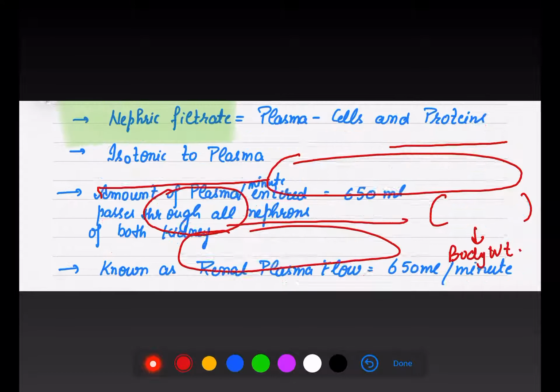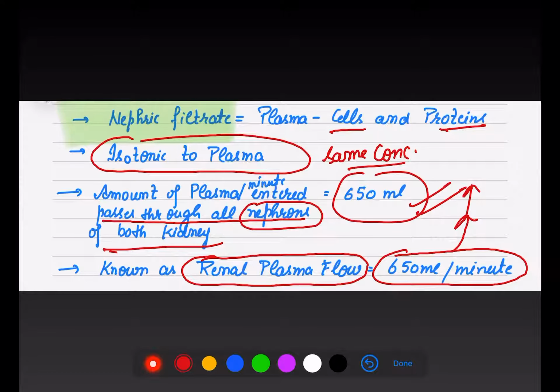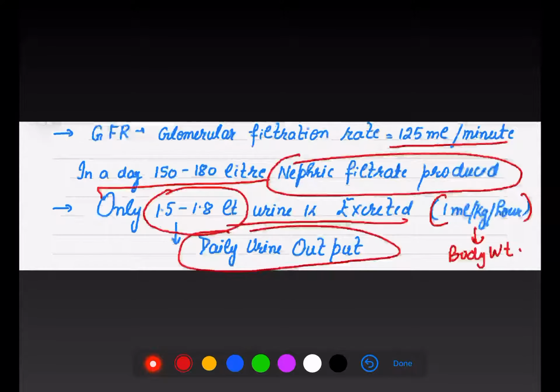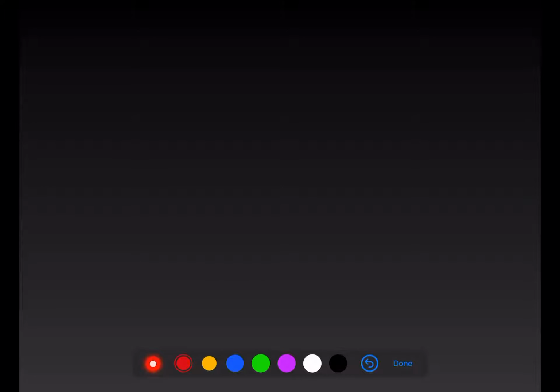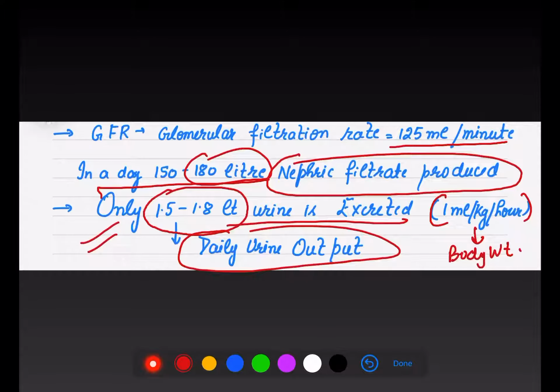There are a lot of figures for you now. Renal plasma flow is how much plasma travels in all the nephrons per minute? 650. How much is the filtration rate? 125. In the whole day, 180 liters a day. And how much urine do we pass out on an average? 1.5 to 1.8 liters. I am very confident that my students will not make this question wrong, right? So this is about our first step, that is called ultrafiltration. In continuing with this lecture, we are going to discuss the other two steps, that is selective